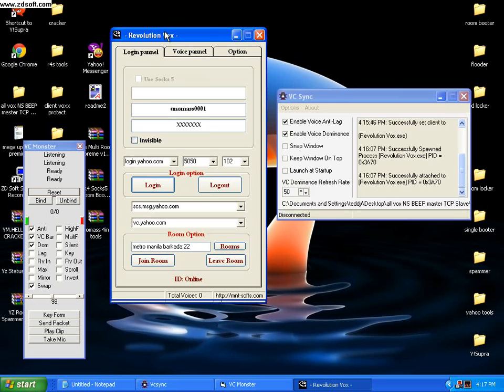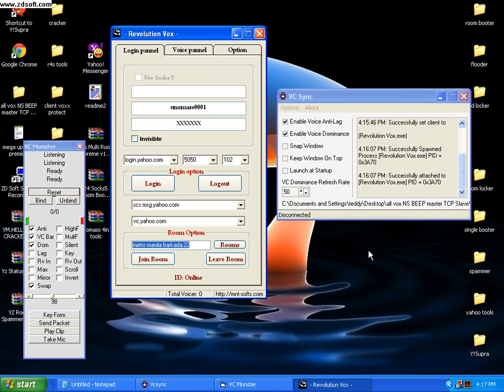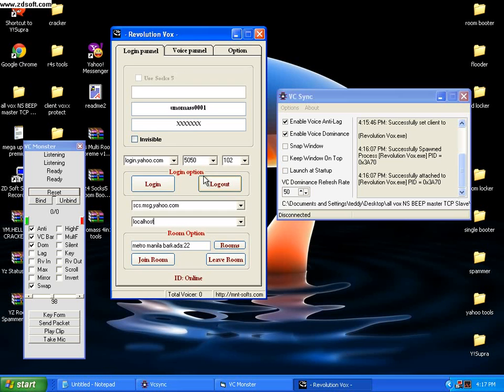Choose a particular room. I'm choosing Metro Manila Barcada 22, and then you must change the server bc.yahoo.com to localhost. Localhost. Change bc.yahoo.com to localhost. BC servers. Now login. Online, join the room,